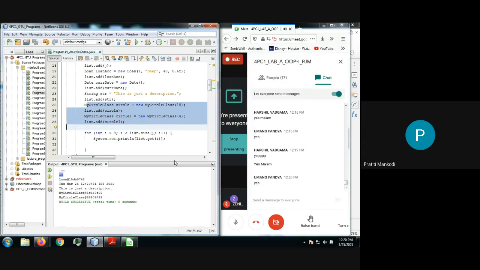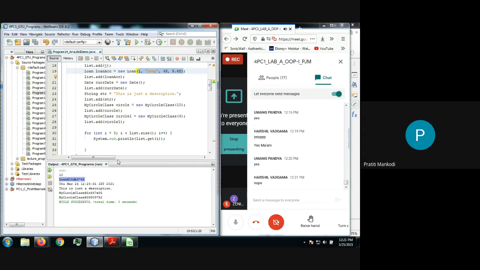Now, do you think there is any problem with this output? Do you think any problem? You might not get it because it is very initial for you. Can you read this actually? Read means, can you understand this? Actually, I want to display the content which is there in the loan object. Can I read this? Can I understand what will be the content inside loan?